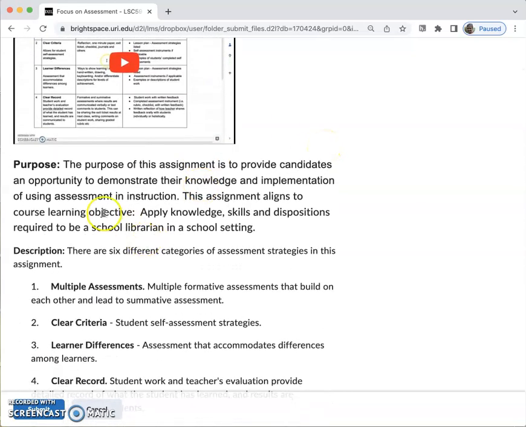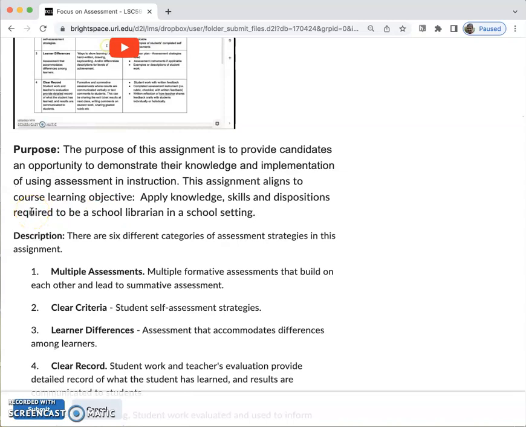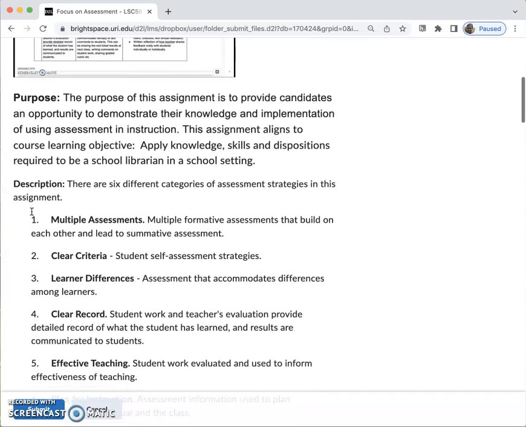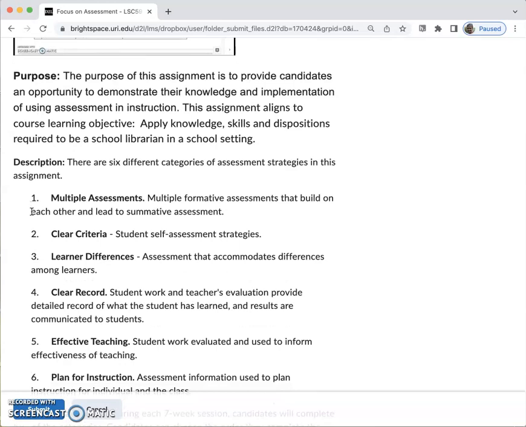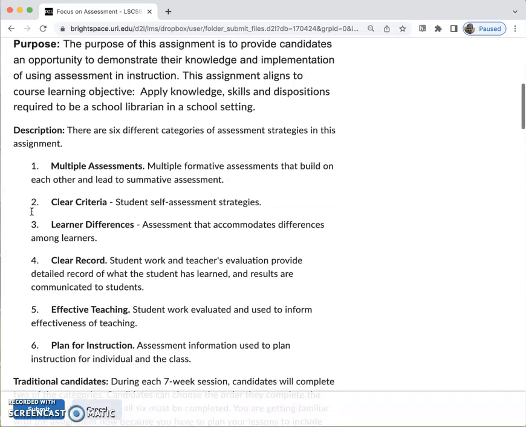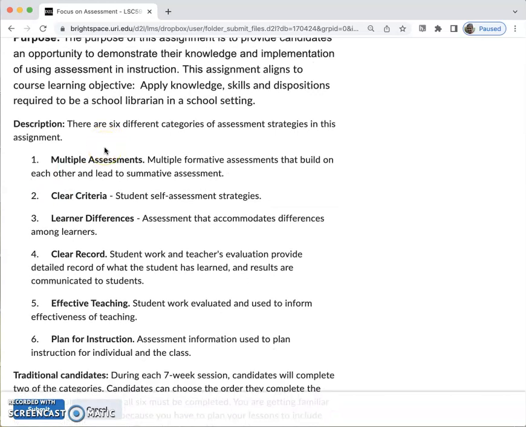The purpose of this assignment is to provide you with an opportunity to demonstrate your knowledge and that you can implement using different types of assessment in instruction. And this is a required assignment across all URI School of Education educator preparation programs, of which School Library is one of them. And there's 6 different categories of assessment strategies that you have to demonstrate evidence of doing in